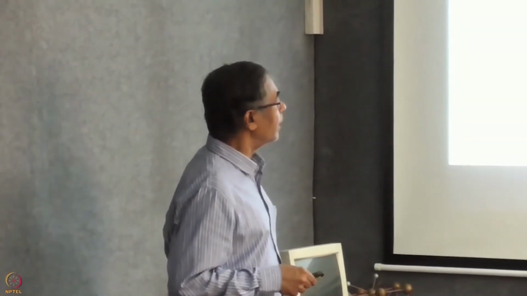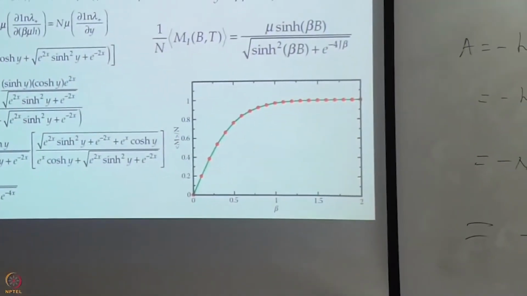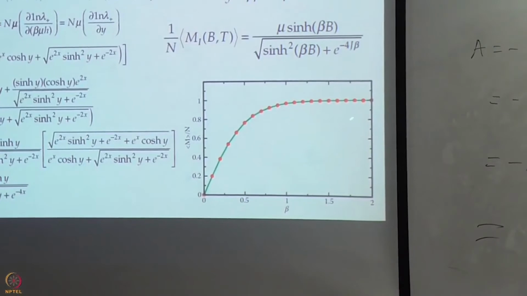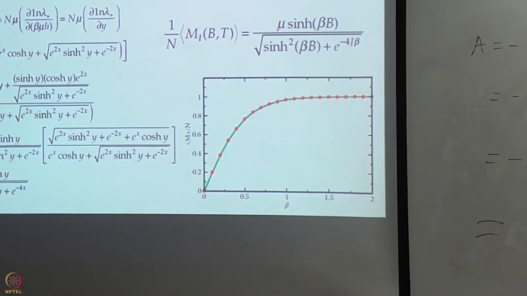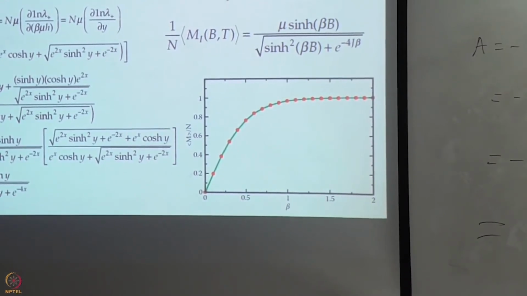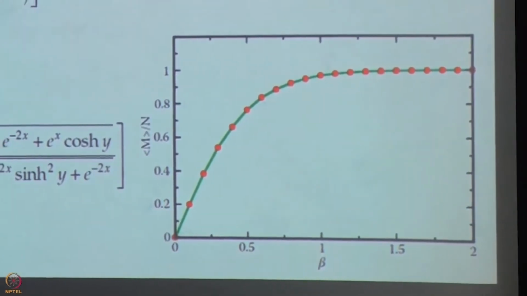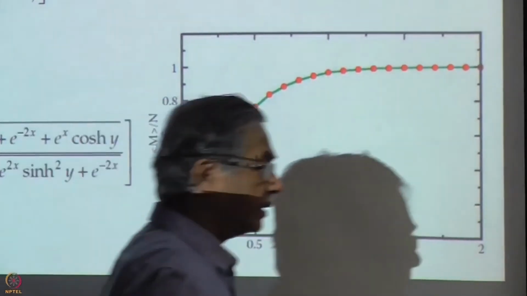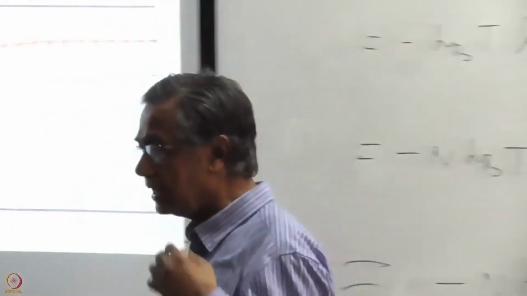Okay, so the order-disorder transition. Then what would happen in a real system? You'd see that there would be a hysteresis. There would be a sudden jump of magnetization. This is 1 over temperature, so it will be the other way around. If I put temperature, it will be like that, otherwise it will be like that. And this system shows the hysteresis, and as I told you, a system that shows hysteresis